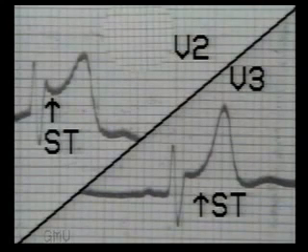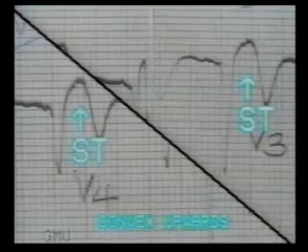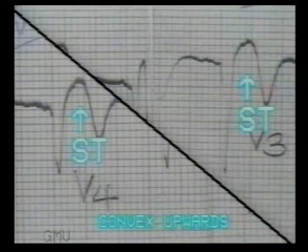This is ST segment elevation with tall upright T wave. So the ST segment is concave upwards. This is seen in the hyperacute phase of myocardial infarction for the first few hours. This is ST segment elevation with inverted T wave. So the ST segment is convex upwards. This is the picture 1 to 2 days after an acute attack of myocardial infarction.